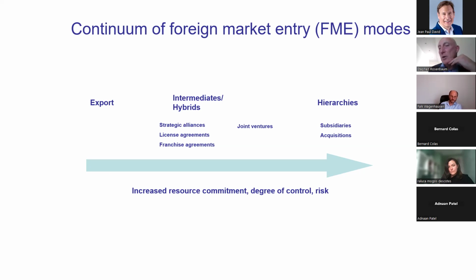So a hierarchy in an organizational sense is simply 100% owned by the company itself. When we look at the intermediates that we also call hybrids, these are a combination. So this is your company with another company or more than one partner. So these are often what we call strategic partnerships. So it could be an alliance, it could be a license agreement. And of course, the big advantage of the intermediates is that you're not just doing everything yourself, you're doing it with another company. And typically that other company is a host country company,